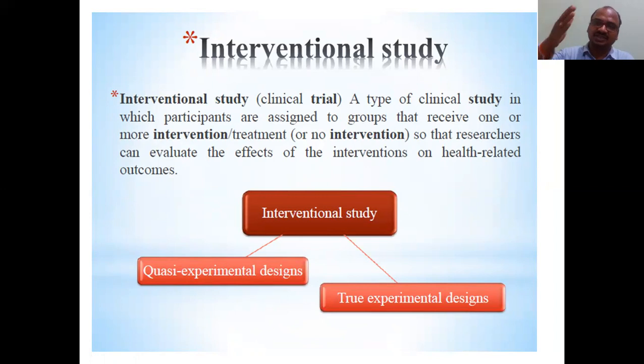Interventional studies, I have already told you, are RCT, randomized, but here it is also there. Don't get confused. It is a randomized study and a quasi-experiment. Some studies have both names, two names, so don't get confused. Interventional study has two types here: quasi-experimental design and true experimental design. It is somewhat related to RCT and non-RCT. I will explain. First, we will see